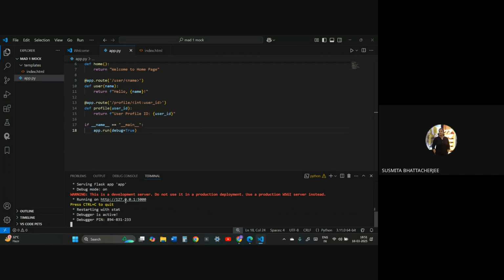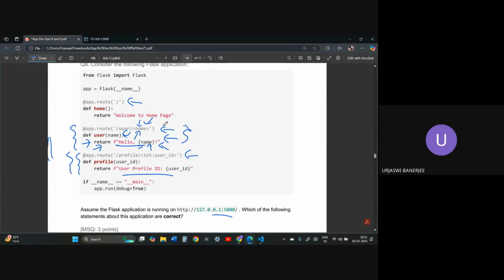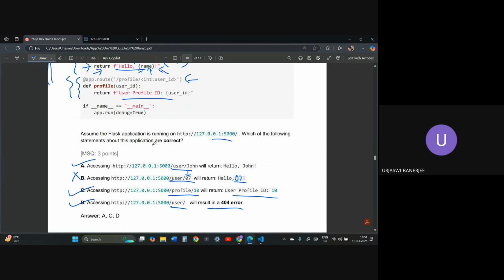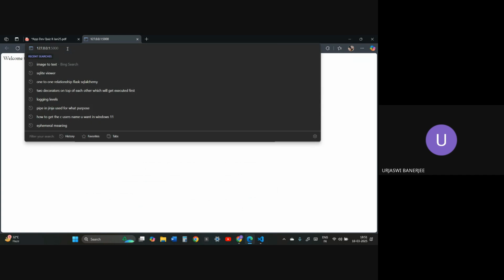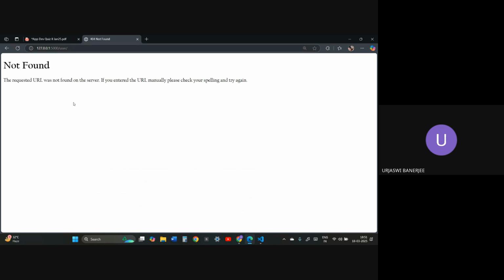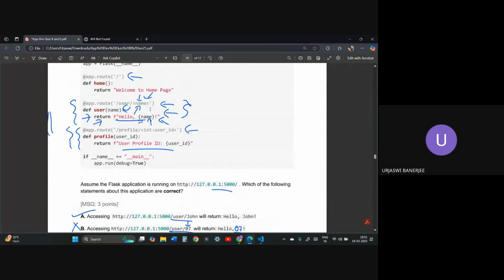Yes, ma'am. Okay. Welcome to home page. And the route was, I will close the drawing part, the route was slash user slash. I will just write it over here. Slash user slash. Yeah, a not found error over here, since the function is using the name as well.